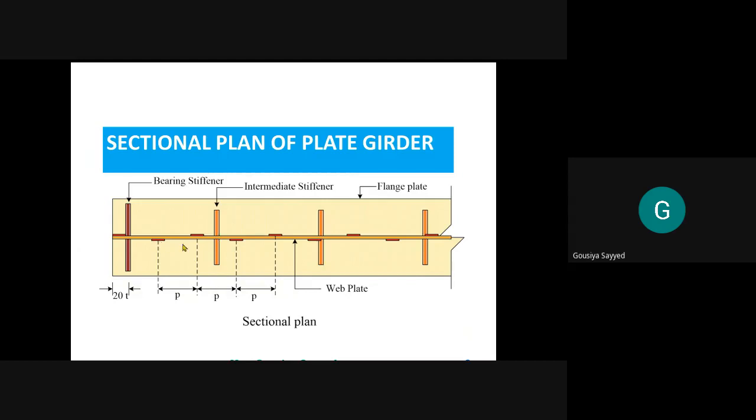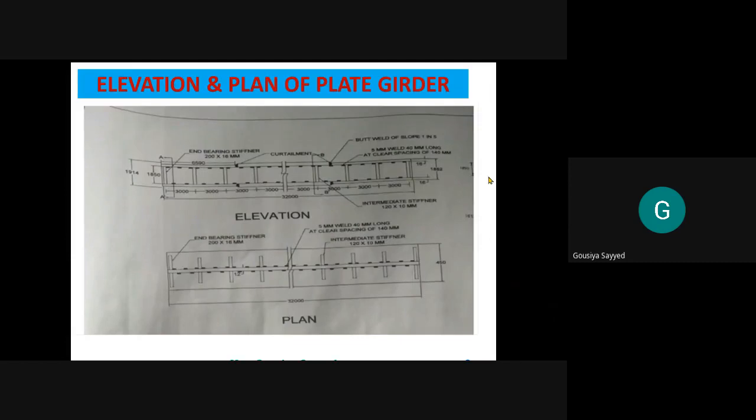And you have to show the welding. You have to show the size of the weld, the length of the weld, the minimum length of the weld, thickness, and pitch. So in your sheet, you have to mention all the dimensions and the names of the plates. Now just see, this is the sheet, with elevation and plan. So in that, you have to show the top flange and bottom flange. You have to show the center to center distance between the stiffeners. Welding is there. Write the name.